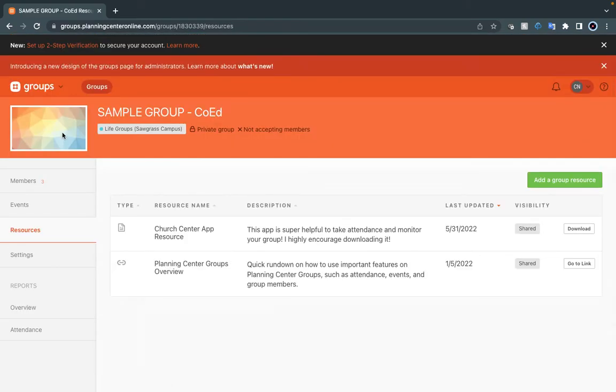Now let's go to resources. Resources here is amazing. Please download the Church Center app. If you don't have it downloaded, you're not a life group leader. I'm totally kidding. Maybe. Kidding. But please download that app. It's a great resource for you to use. It's just super helpful. We've got Planning Center Groups